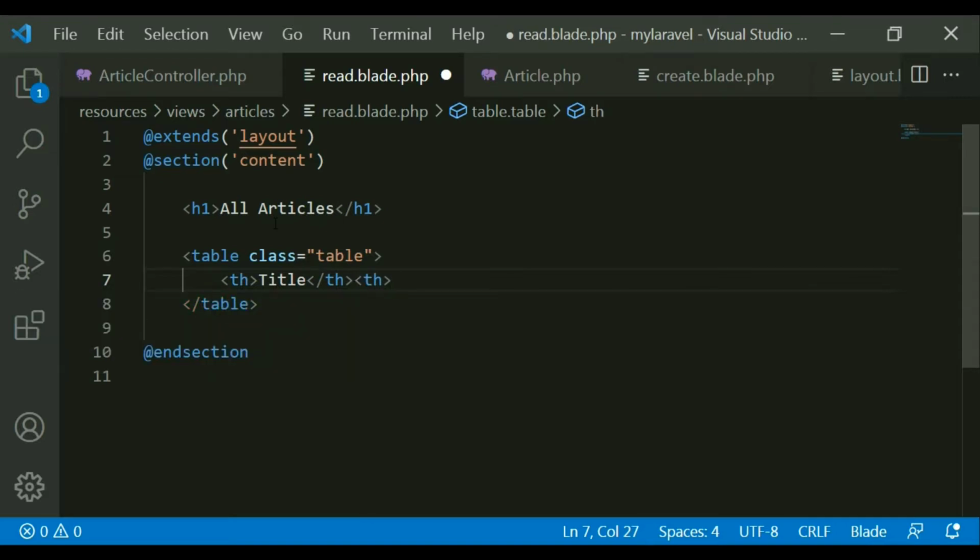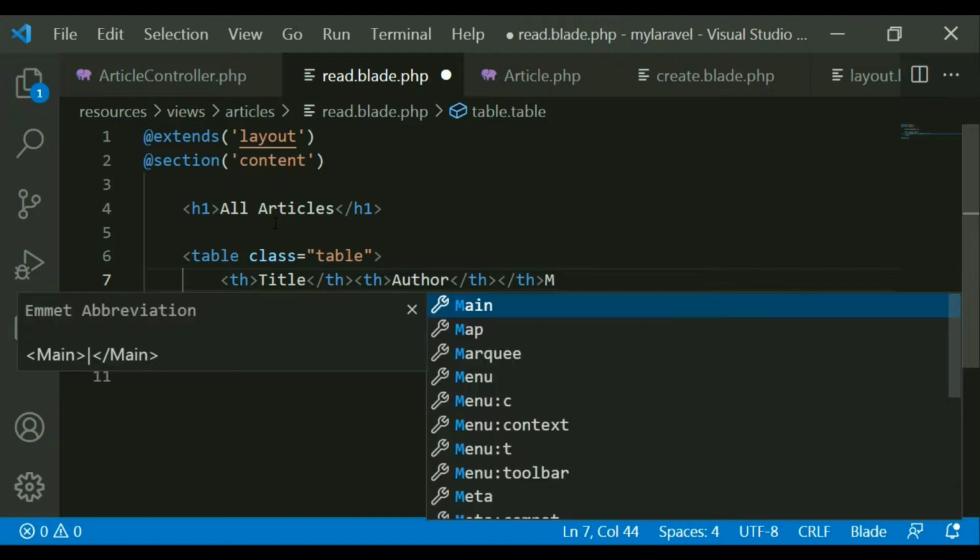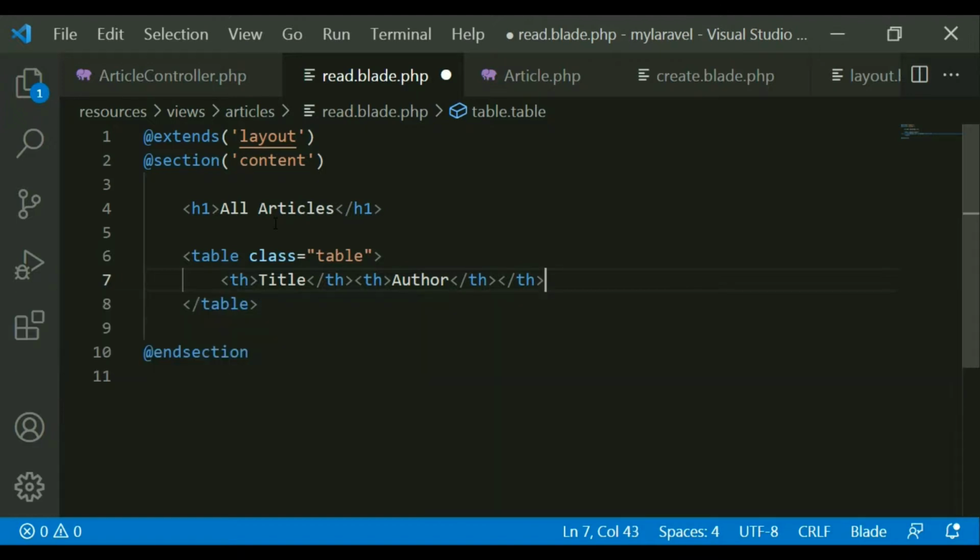Here I want to display the author, the second field, and the third one is the body. I want to display the body also.